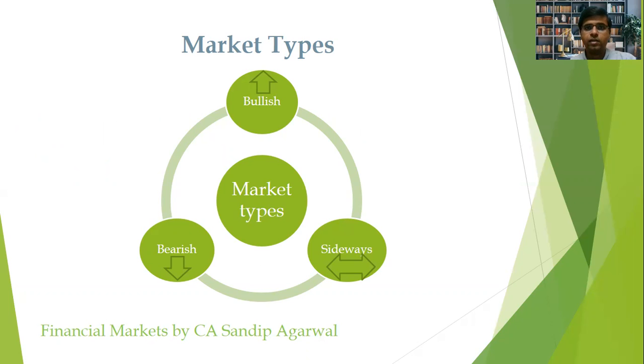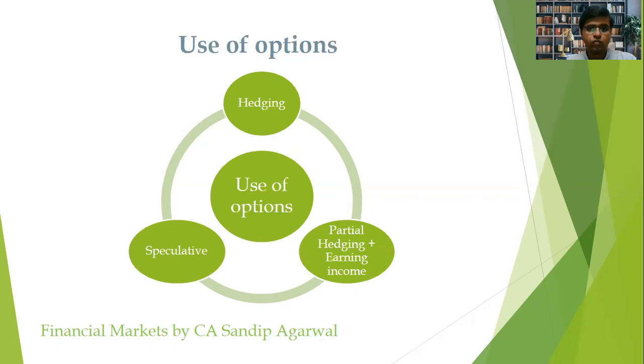So as I explained earlier, there are basically 3 types of market. One is bullish, where a person expects the market to move in the upward direction. Another is bearish, where a person expects the market to move in the downward direction. And third is sideways, where the person expects the market to not move at all or to move in a very tight range of plus minus 1-2%. And as I explained,